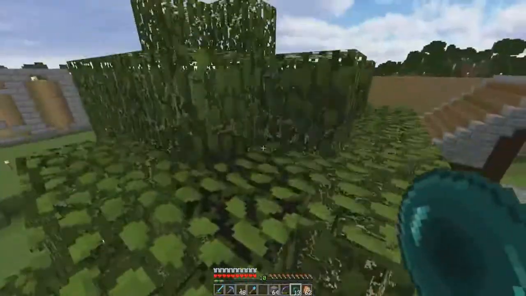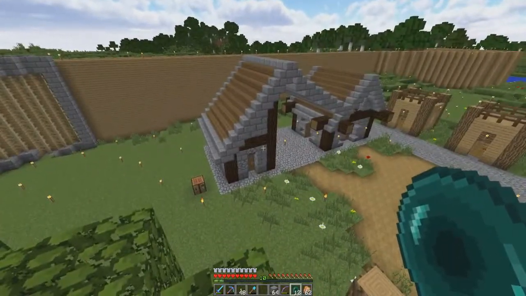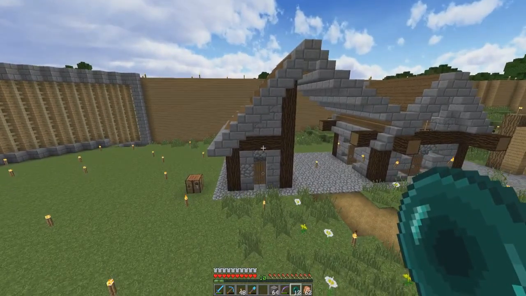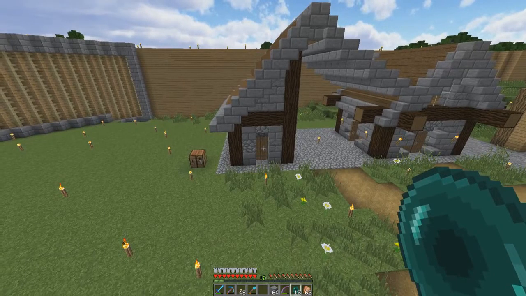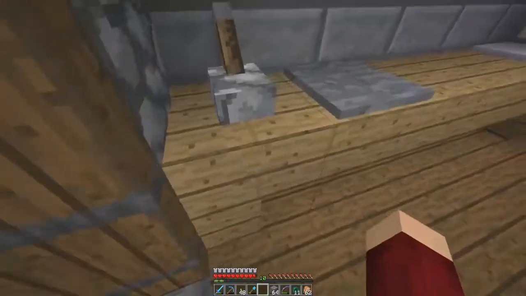Check it out. Let's see if I can get a better view. There we go. So we've got this little area here, and I like it. So I decided that what I'm going to do with this is I've got this area over here. I'm pretty sure I've explained this before. This is kind of like a little workshop area deal. Let's go ahead and go down here. This is where I've actually...